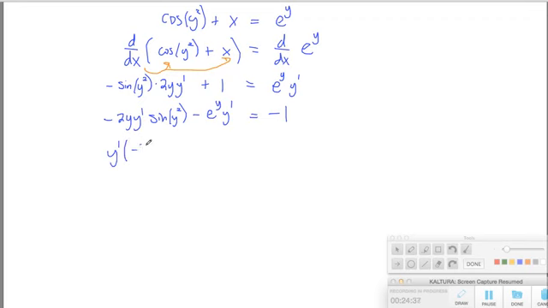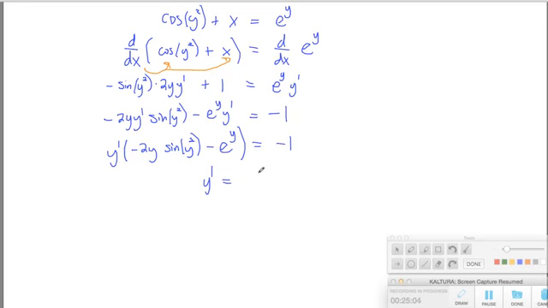You've got negative 2y sine of y squared minus e to the y, and this is all equal to negative 1. Now the very last step, since you've got y prime times something, is just to take that and divide it to the other side. So y prime is actually equal to